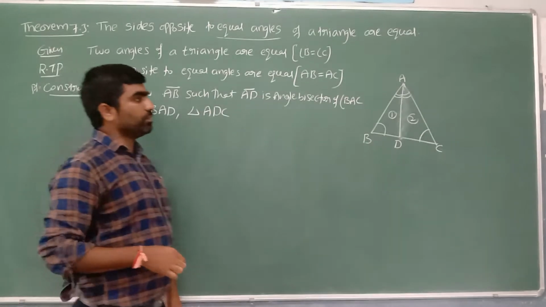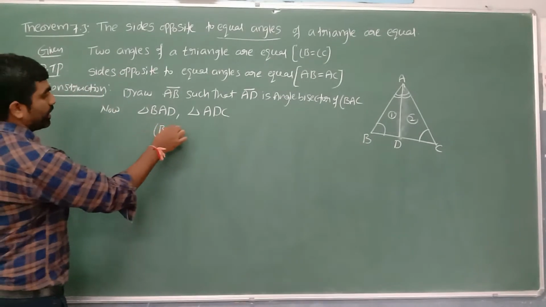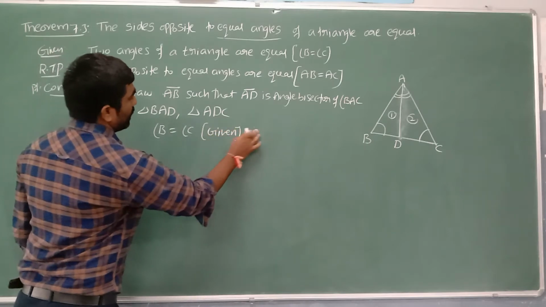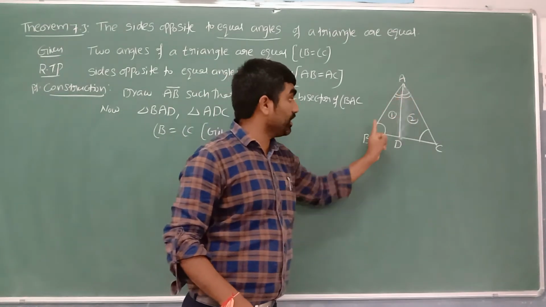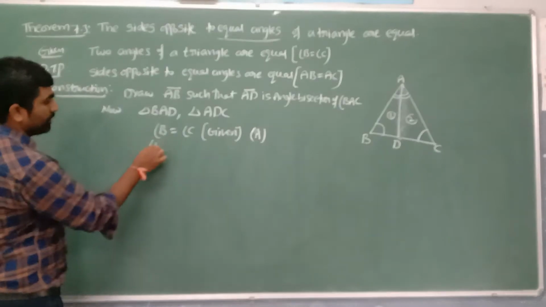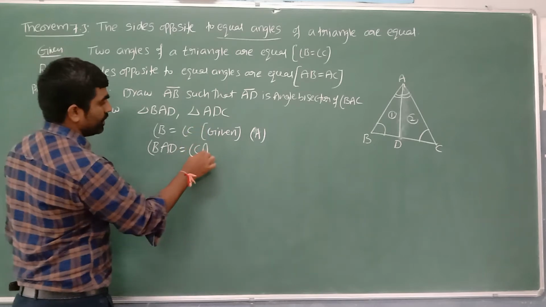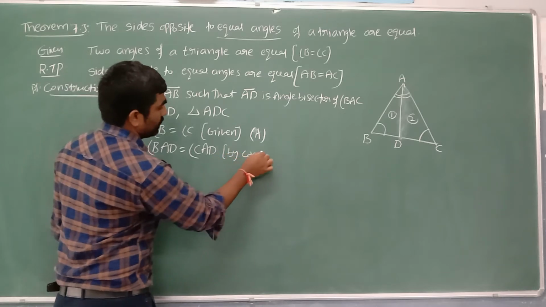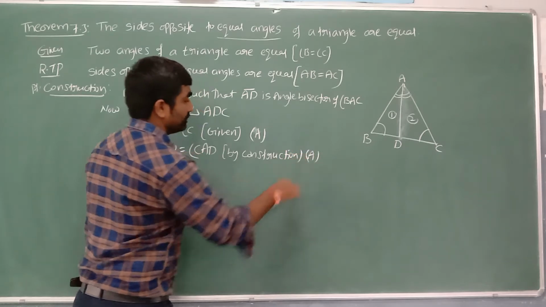Let us write the equal parts in both the triangles. Angle B is equal to angle C. In first triangle, I will take angle B is equal to angle C. What is the reason? The given question itself. One angle over. Yes. Next, these two angles are equal. How can I write this angle? Angle BAD. In first triangle, I mean in BAD triangle, angle BAD is equal to angle CAD. What is the reason? By construction, we took both are equal. Yes. It is by construction. One more angle equal over.